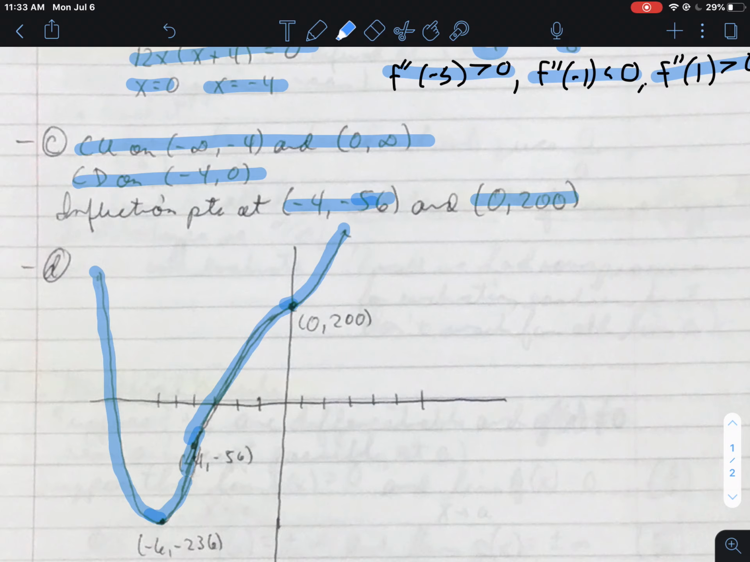But anyway, so that's using the derivatives, first and second derivative, to give you a sketch of the graph of a function, the behavior of a function. And that is it for